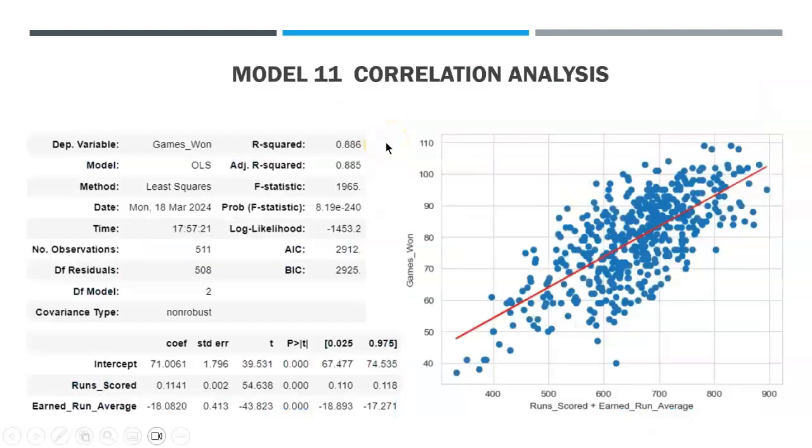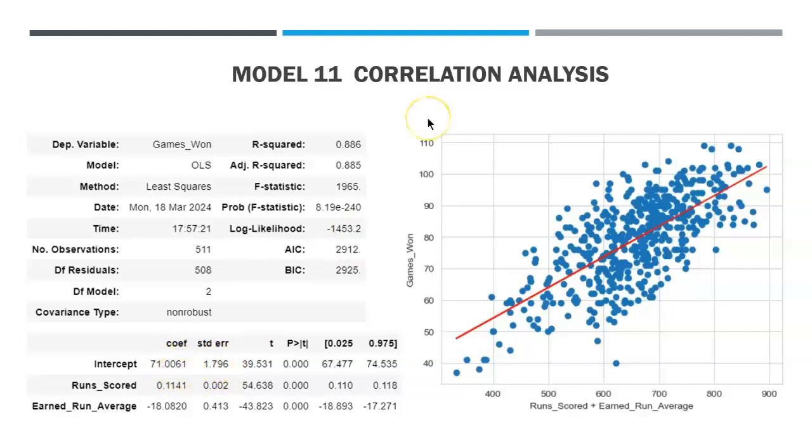Next, let's evaluate a regression analysis for this model. As you can see, model 11 achieved an R-squared value of 0.886. The F statistic is 1965, and the p-value is 8.19 E240. All this indicates its ability to account for a significant variance in the data. Also, the standard error is 1.796, which is way lower than its coefficient